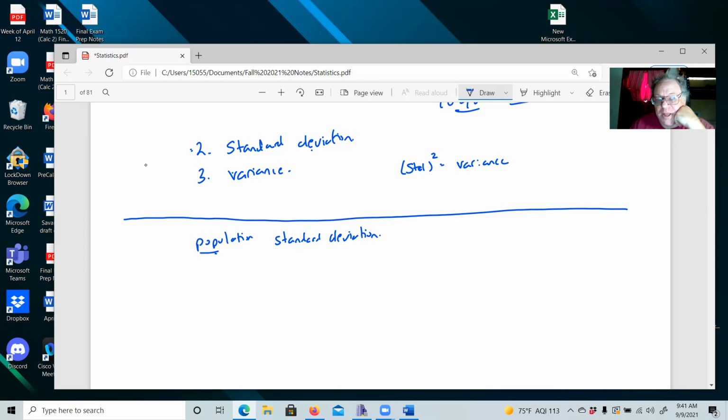Okay, and a population will be all the objects of interest. So if I wanted to know all the gas mileages of the cars in Colorado, the population will be all of the cars' gas mileages in Colorado. That includes the cars that haven't been used since the Carter administration. It includes every car that's there, even if they've been up on blocks for the past 4 years. It still has a gas mileage you need to know.